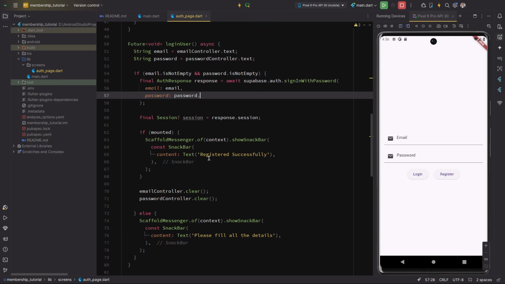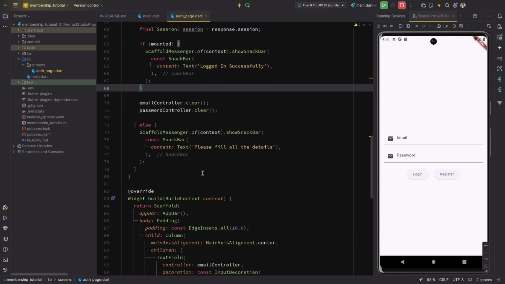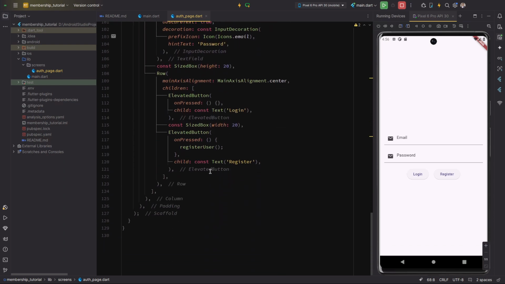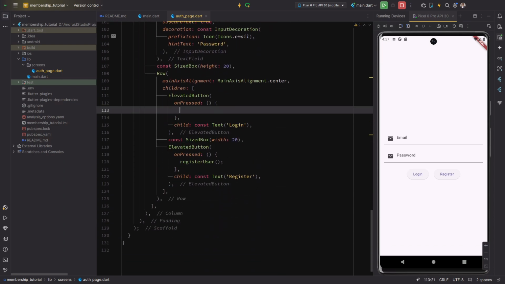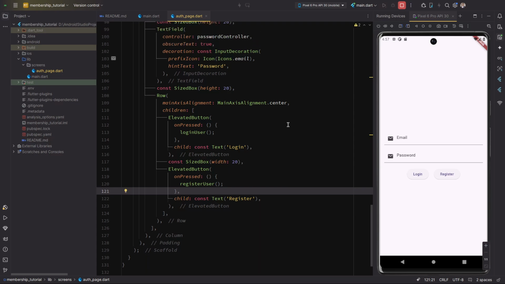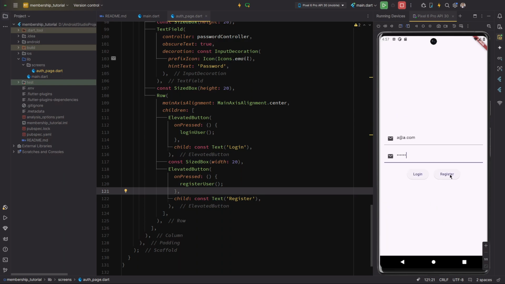Okay, and after that we will say logged in successfully, and the rest stays the same. All right, so also we need to call the function here, login user. All right, let's hot reload now, and now we will test it. So first we will type an email. We will say a@a.com, something like that, 123456, and first we will hit register,